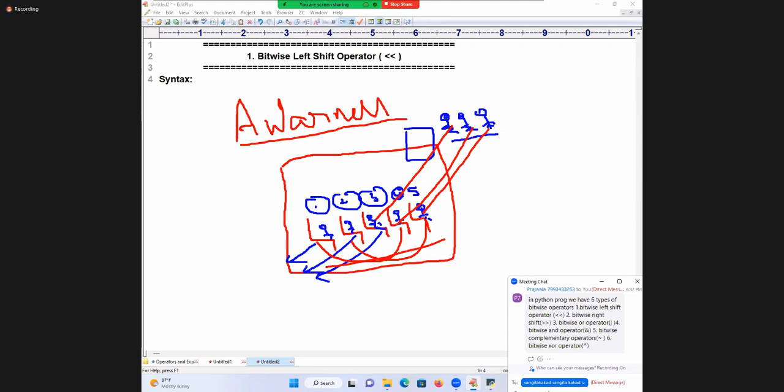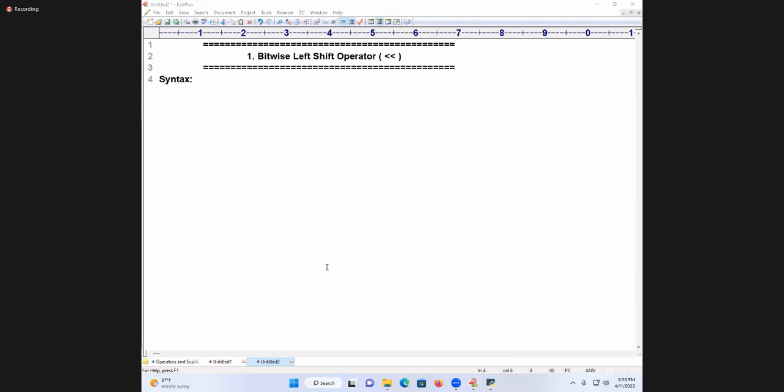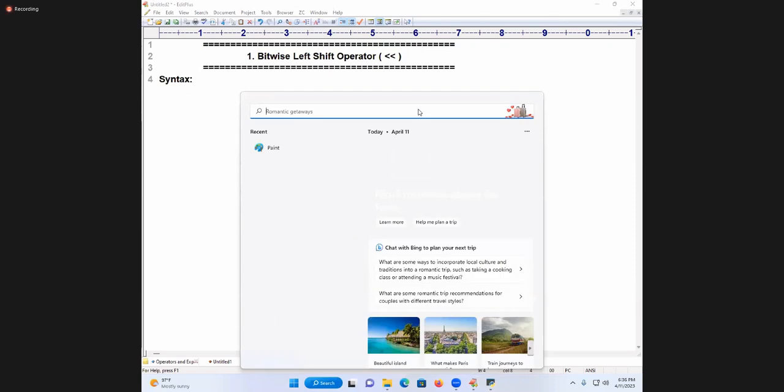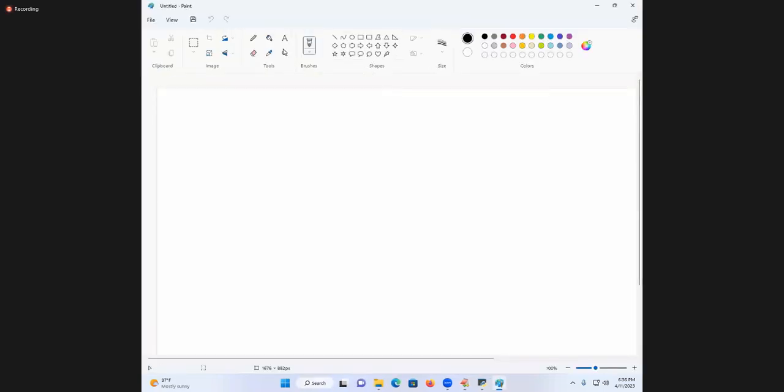That type of application, where we can use this, will come very shortly in further classes. So today I am telling about the bitwise left shift operator functionality, students. Let me go to a very serious example. Try to take care carefully here. Now I am going to take up